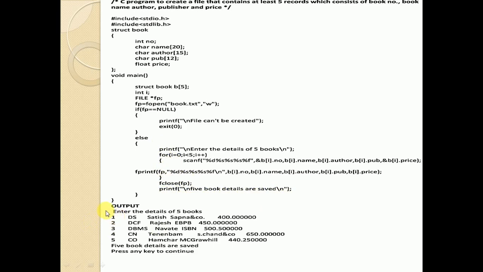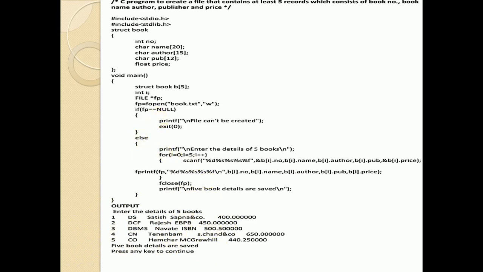Here you can even see the output of this particular program. We have entered the details of 5 books. You can see the 5 books there, then the name Satish, then publisher name Sapna, and then the price is this. So this is the output you can see for this particular program.